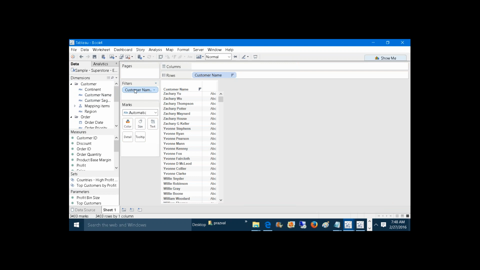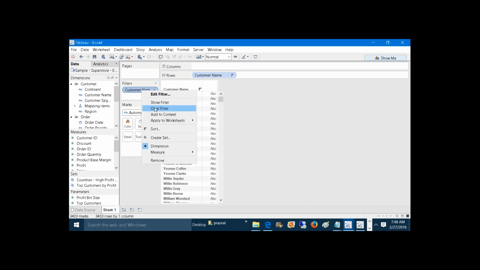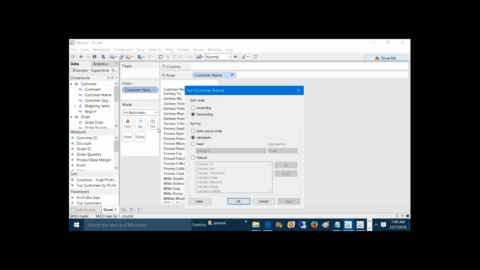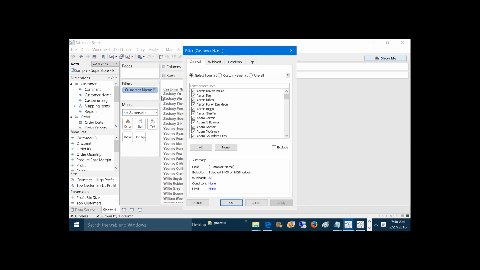So now here how to sort this customer name? To sort this customer name, just right click on the customer name and select sort. Now I'm selecting the sort on the customer name in the filter shelf. Just select sort. I'm selecting alphabetic descending. So it is going to show us from Z to A. Now if we go to the filter, to the edit filter,